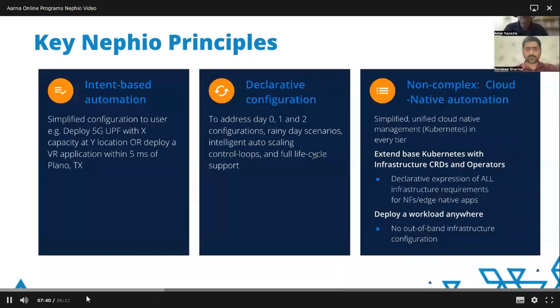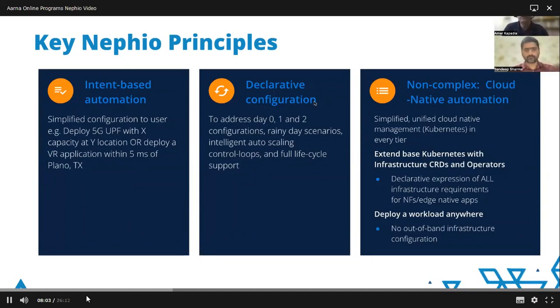And the 3 key principles, I won't go into them, are intent-based automation, all based on intent. We looked at one example. You can see another example here. Declarative configuration, it's very important in Nephio to be declarative and not have any imperative information in the intent.